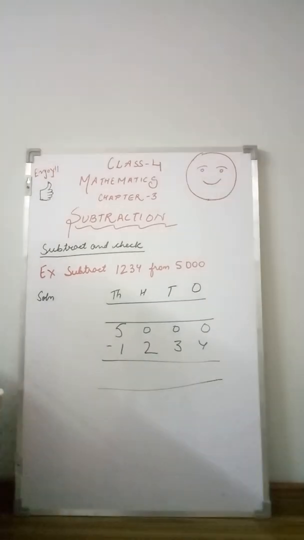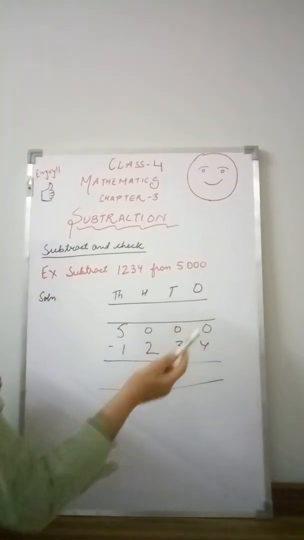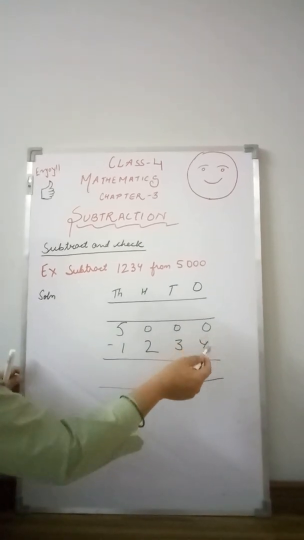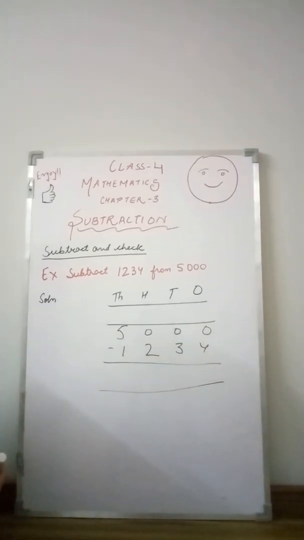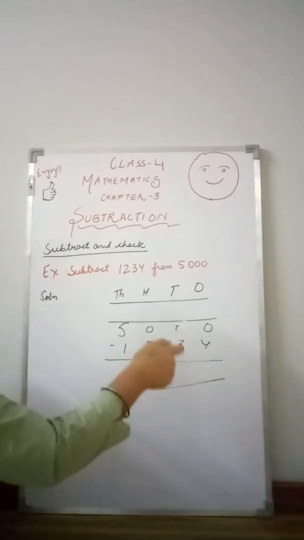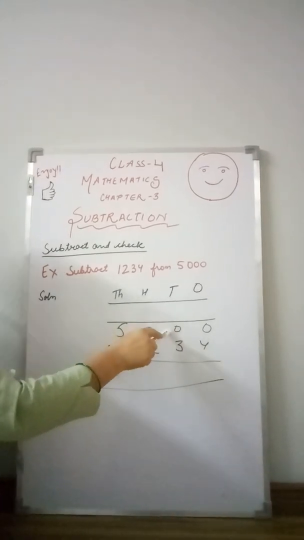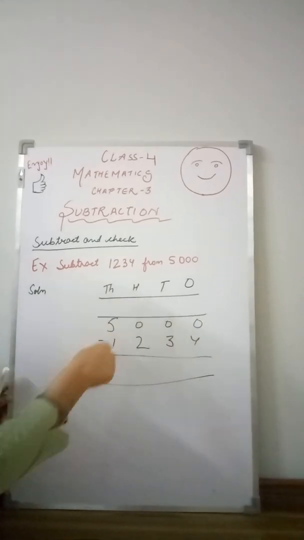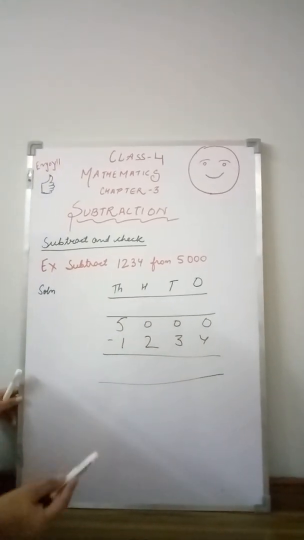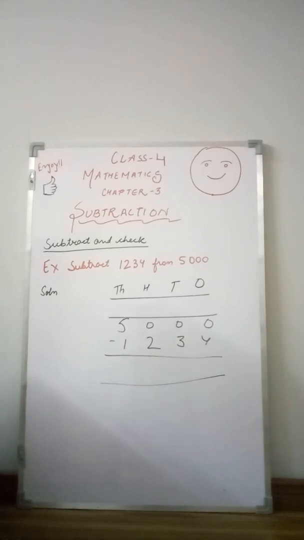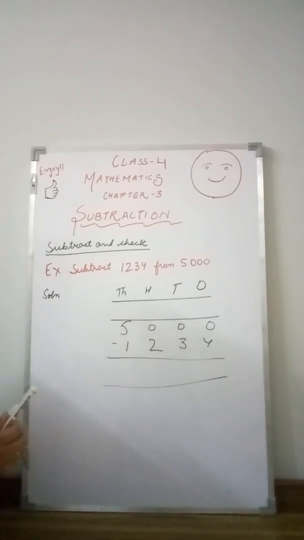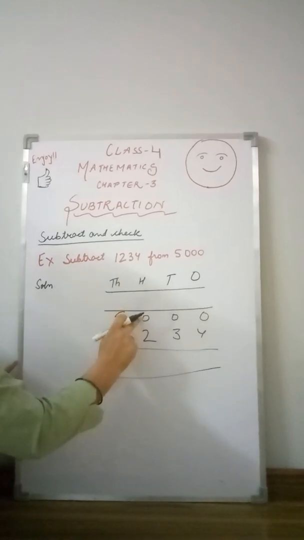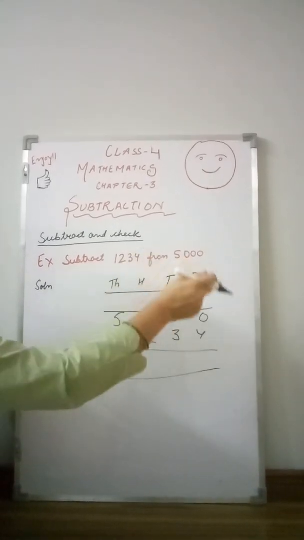So student, let me start with the ones place. When I start subtracting the ones place, I observe that it is 0 and 4. It is not easy to subtract 4 from 0, so we have to take help from tens. But tens also has 0, so he is not able to help. Then tens moves to the 100 place to take help. 100 said sorry, I am not able to help you, so let's go to the 1000 place. So this time 1000 helps 100, then 100 helps tens, and then tens helps ones.